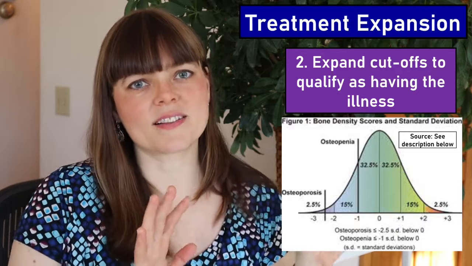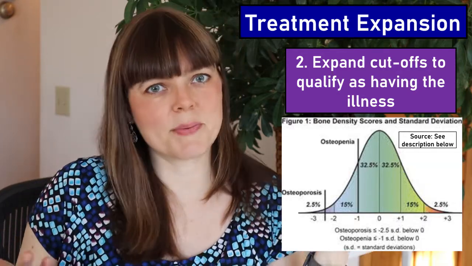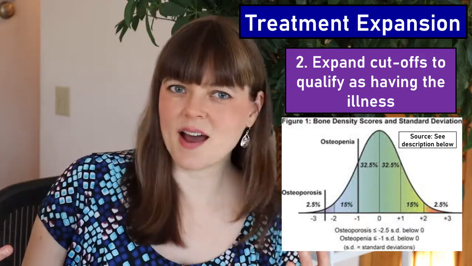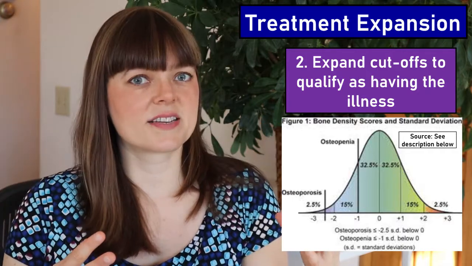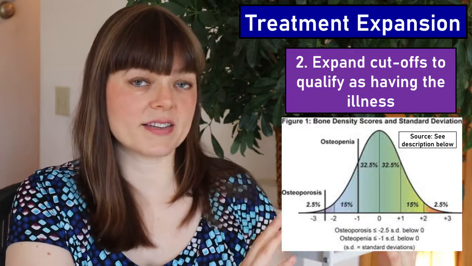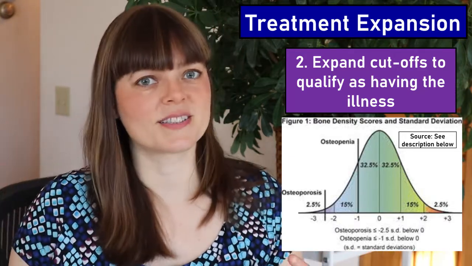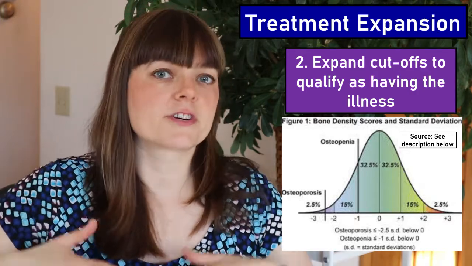And maybe we're not allowed to call those people osteoporosis patients, but maybe we come up with a new term that basically means pre-osteoporosis, or something that's medicalized. You're not quite in the bottom 3%, you're not quite in the osteoporosis category, but you're in a low bone density category, and that means that you'd be eligible for some kind of